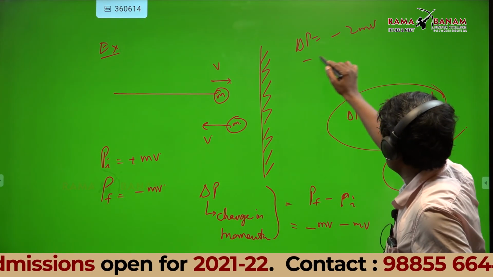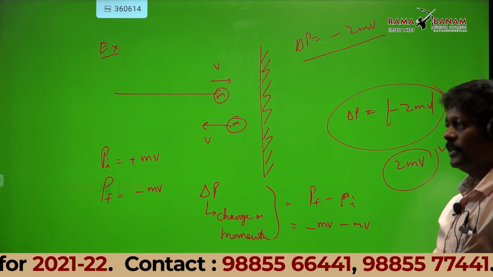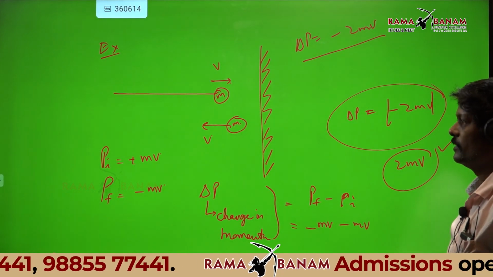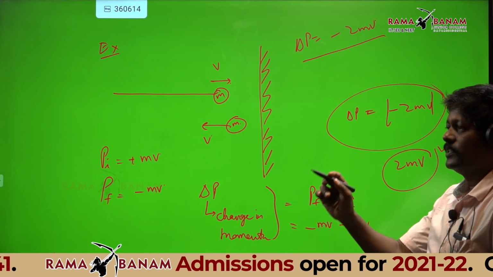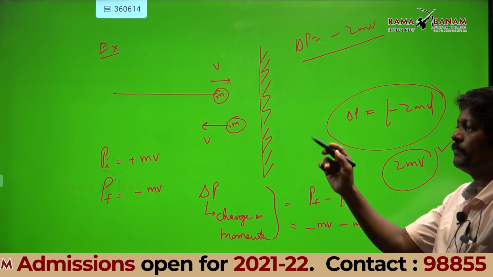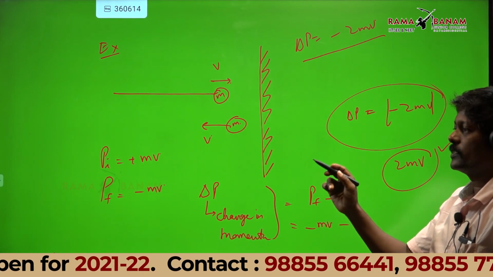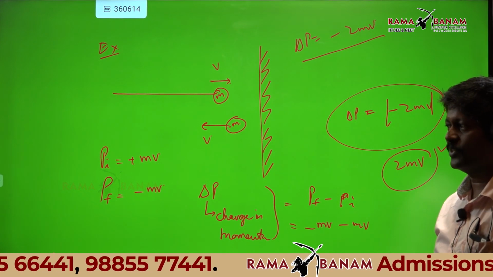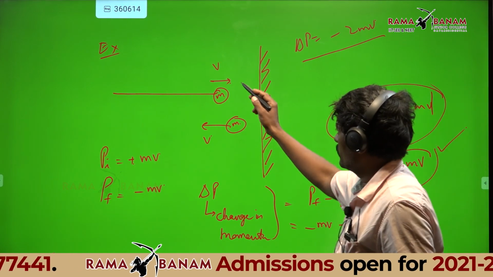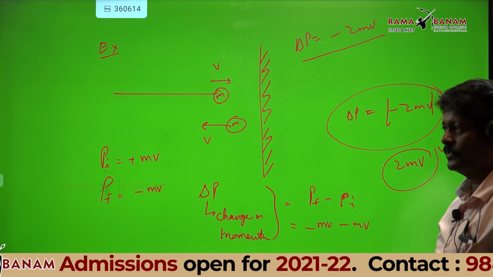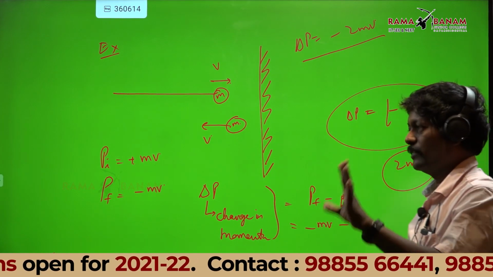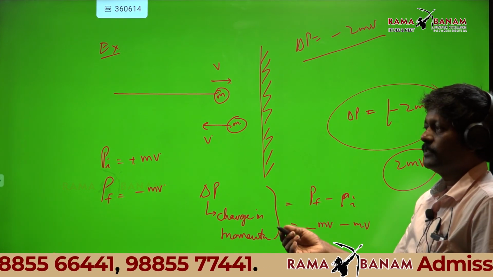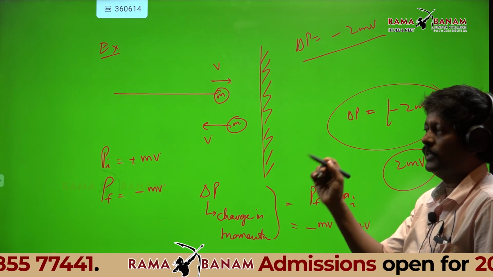Finally, what is the change in momentum? Minus 2 mv. The minus sign shows that the change in momentum is left or right? Left. So in the options, change in momentum of the ball is 2 mv right, change in momentum of the ball is 2 mv left. Which is correct? 2 mv left. Very good. Many students think that in numericals we have to write minus 2 mv, but if they give 2 mv left, it is left only. Minus 2 mv is the change in momentum. If you write in words, the change in momentum is 2 mv left.